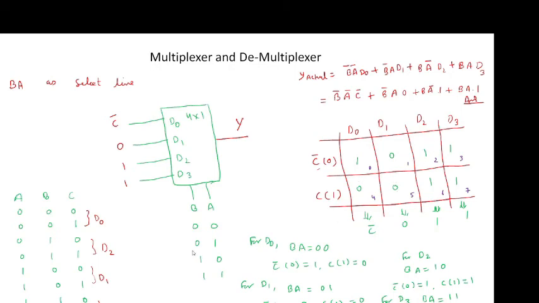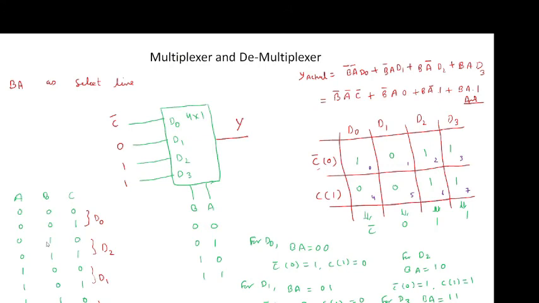Now for D2, BA is equal to 1, 0. See where 1, 0 is. BA 1, 0 lies on line 2 and line 3. For line 2, C bar means C is equal to 0.